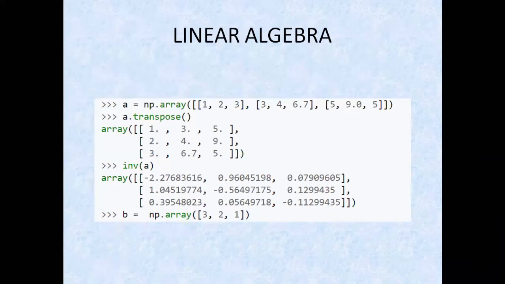Here, for example, you can transpose a matrix within a single line of code. You can do an inverse. Imagine the process of taking an inverse of an array: you need to find the determinant values, form a cofactor matrix, then do the transpose, and then the inverse. But within a single line, you find the inverse of that matrix.